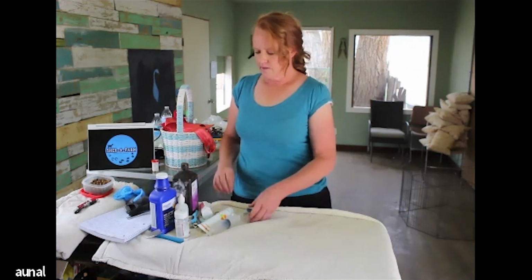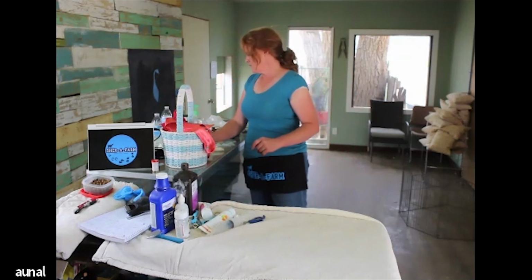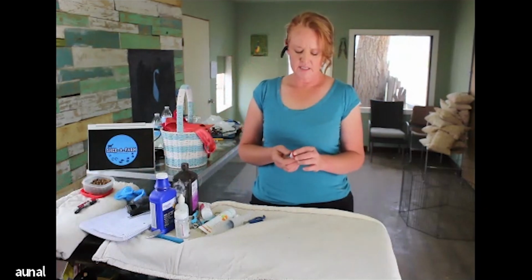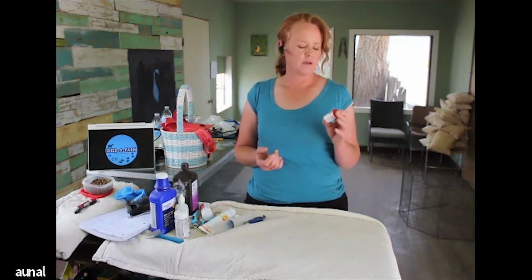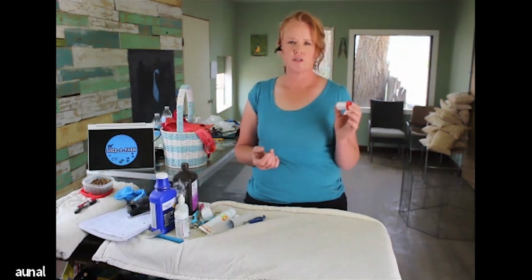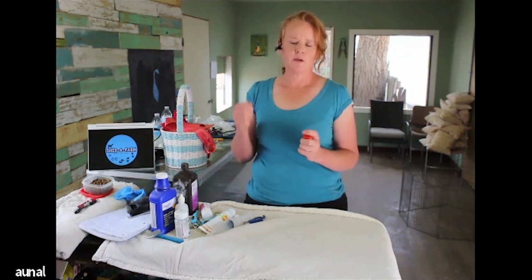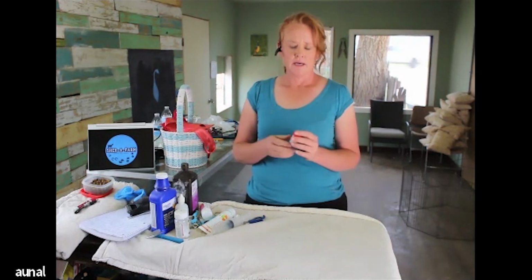So if, I'm looking for my quick stop. If you are trimming your animals' nails, it's a good idea to have just a quick stop or a blood stop. You can use this on birds' nails, dogs, cats, and you just can put it on a Q-tip. I wet the Q-tip and dip it in and then put it on the nail, and it'll stop the